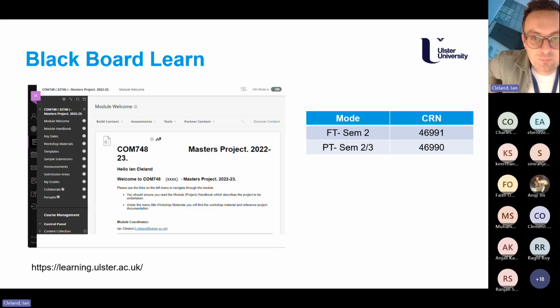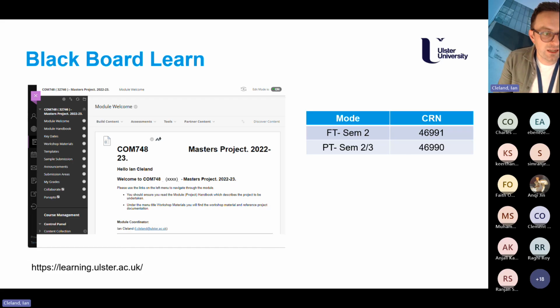So if you're not on the correct one, please let the course director or Shuaizhang or Glen Hall know, and they can arrange for a module amendment to be put in place to get you moved onto the correct CRN. As I say, it's really important. Just make sure that all of the submission areas are the correct ones for your module.